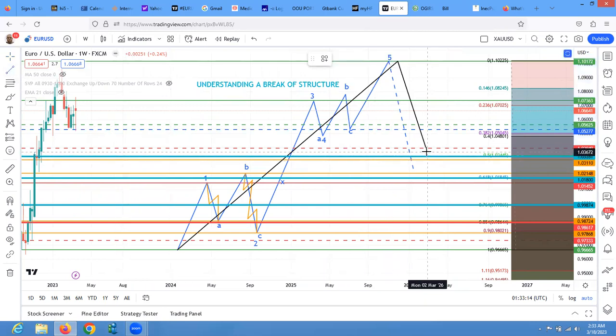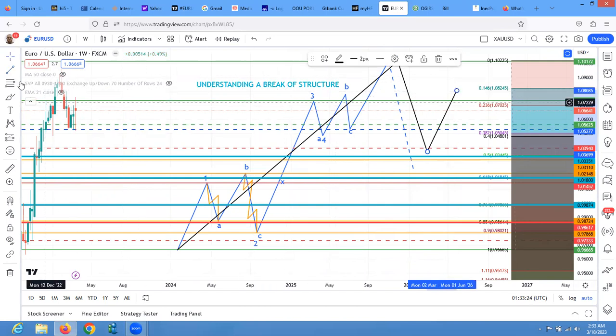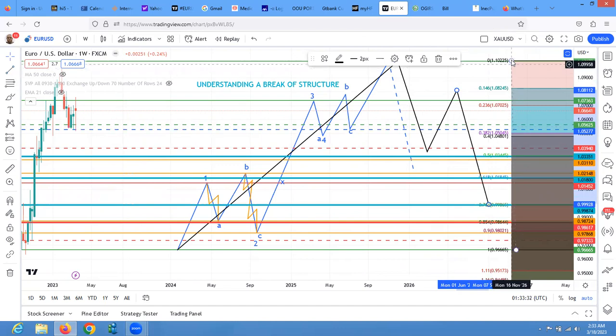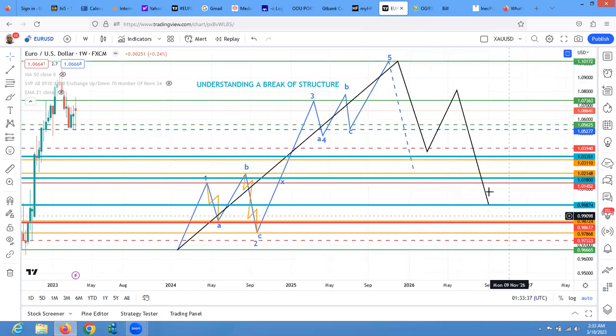And when this one also is correcting B, you must understand that B also should not break 85. It can go deep, but it should not break 85 if it's a correction. And this one can go more down to form a C. In that situation, you now say A, B, C. And this A can be 3-wave, it can be 5-wave, and this one will always be 3-wave, and this always will be 5-wave. So we must know that.